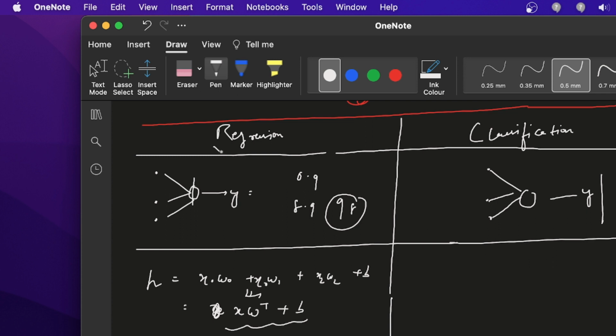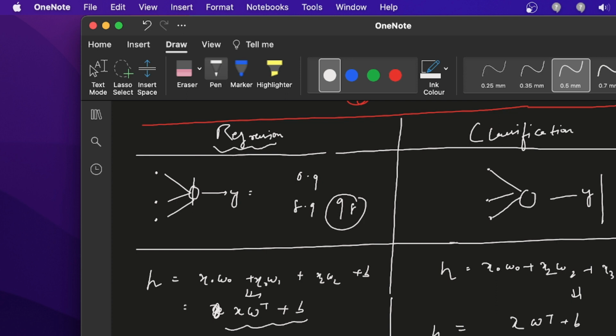If you're going for regression, you don't need to pass this hypothesis into any activation function; y is equal to h directly in the case of regression. Now in the case of classification, it's the same x naught, w naught, x2, w2, x3, w3 and b, which is x w transpose plus b.